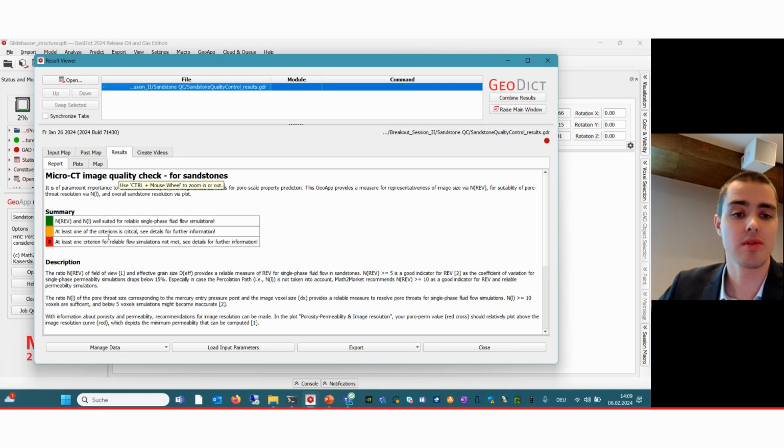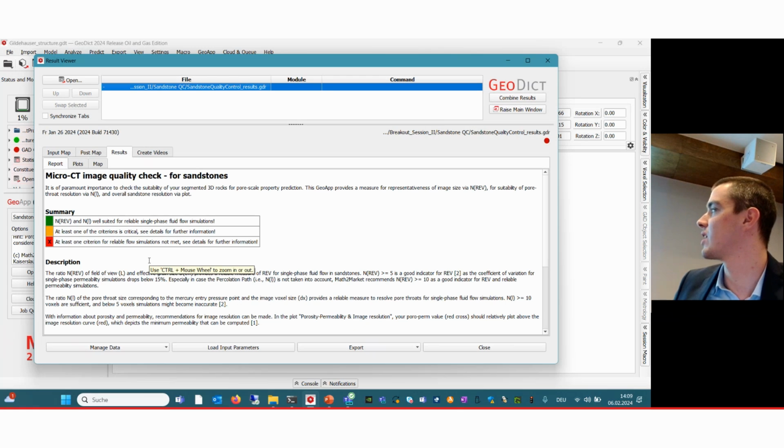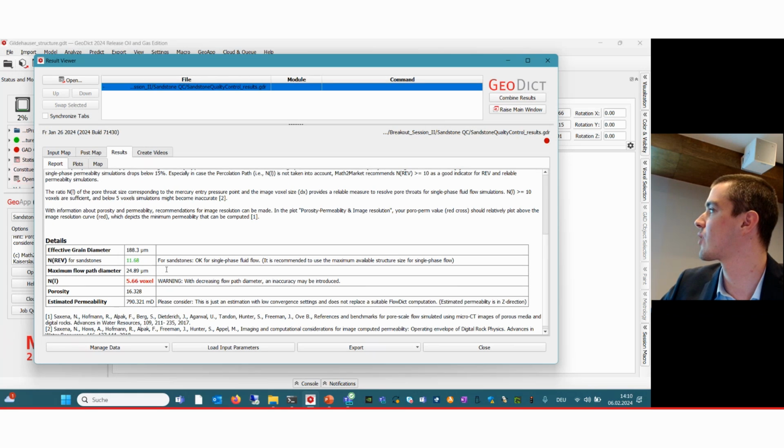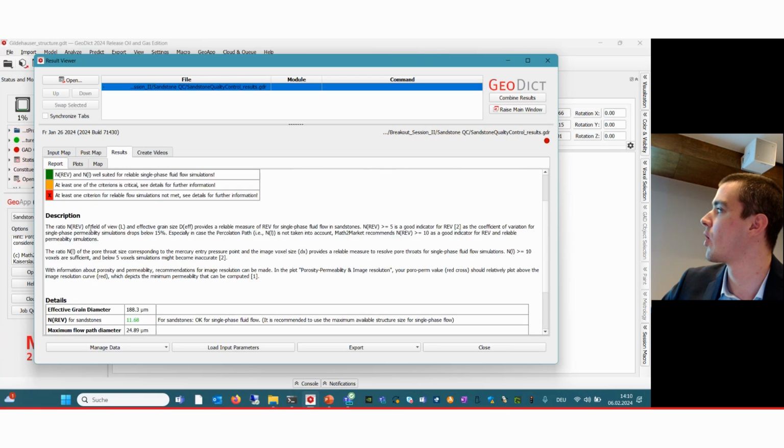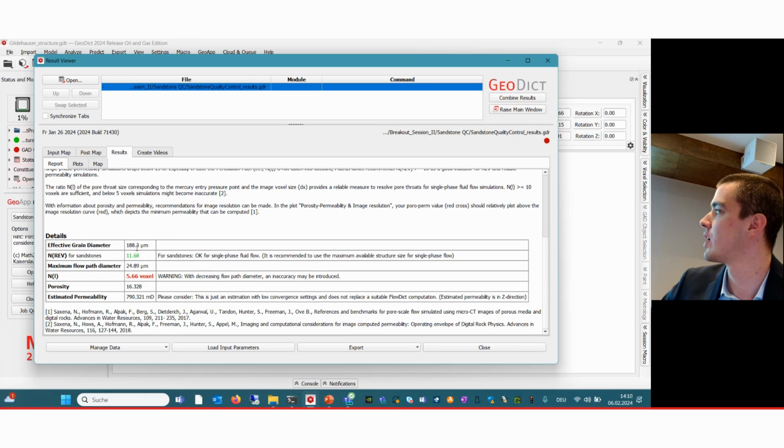It's the table summarizing whether you have passed both of the results, one of them, or if they are in the upper or lower boundary, or if one of the criteria is not met. In this case, what I wanted to highlight is exactly this bottom result. So when one of the criteria is not met, for further details, we can scroll down in the results and see what is it that is not met.